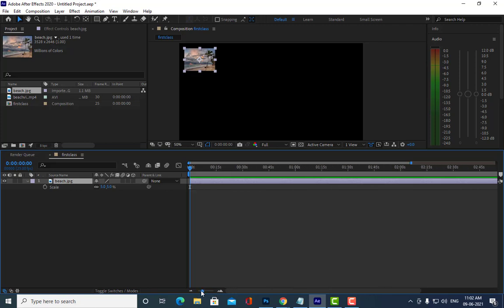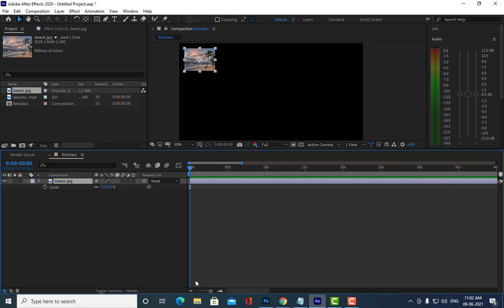If you want to see only the seconds, you can just move this slider to the left. If you want to see the frames, you have to move the slider to the right. Okay, so just understand this. It's actually 4 minutes duration. If you want to reduce the duration, it means I don't want this much lengthy animation. I want the animation to be a very small one.